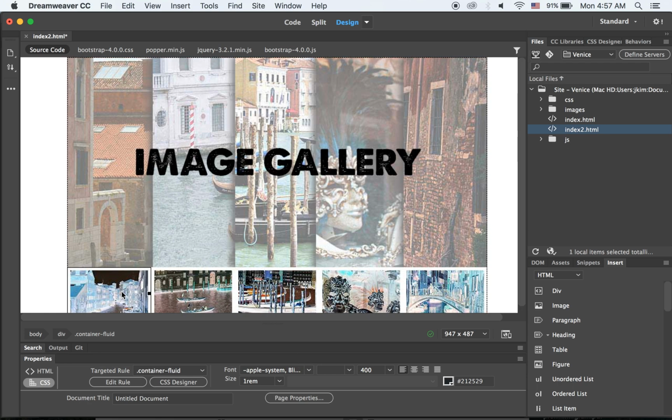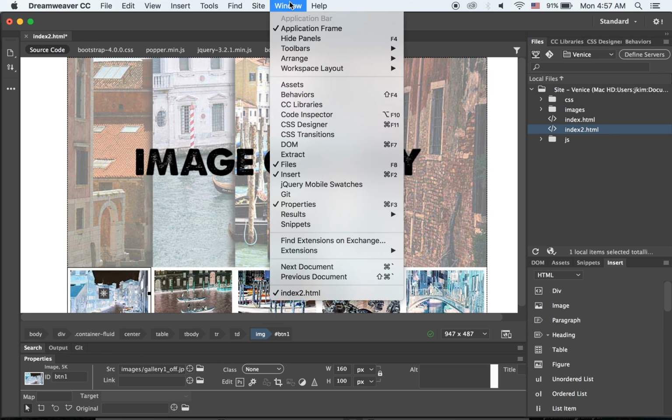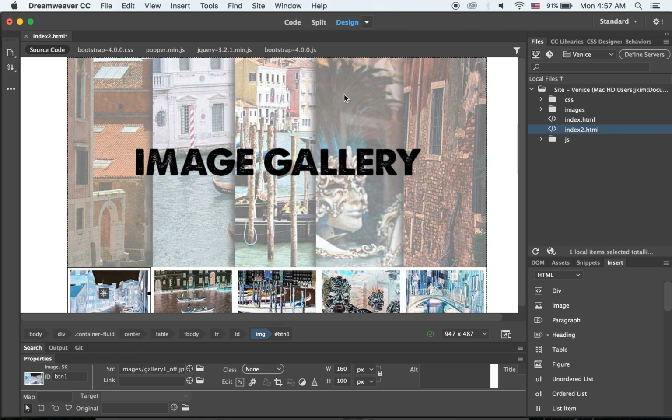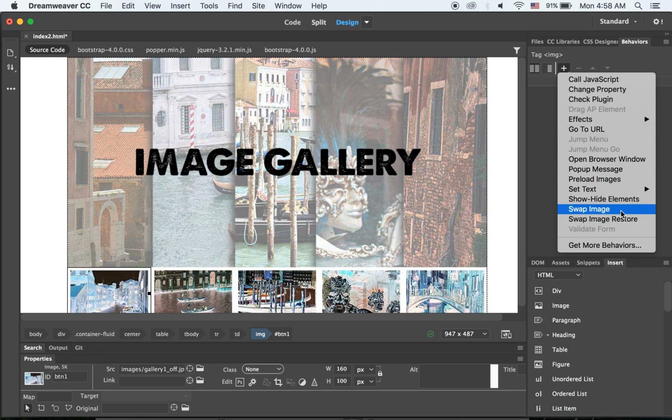Now the next step is we assign the behavior on each image, button 1, button 2 through button 5, and the placeholder image like this. So first select your button 1 image, and then under the Window menu open Behaviors. Make sure you're working in design mode, not live mode. The Behaviors panel stores a set of JavaScript, so we can have a more interactive website. This button 1 is still selected as the source, and then click on this plus button, choose Swap Image,